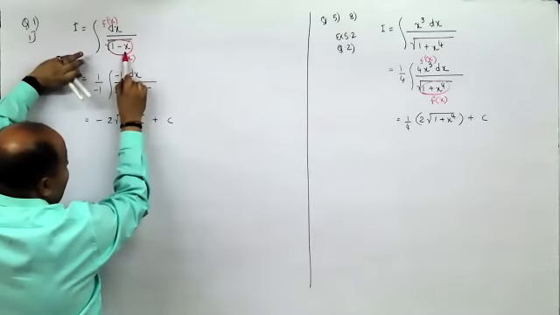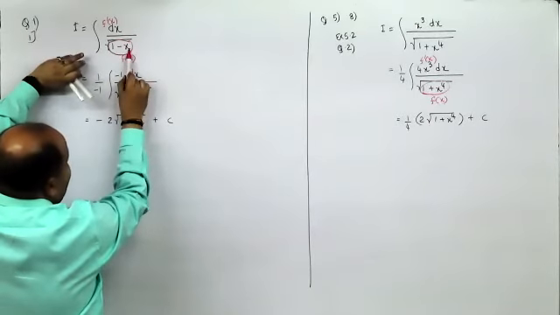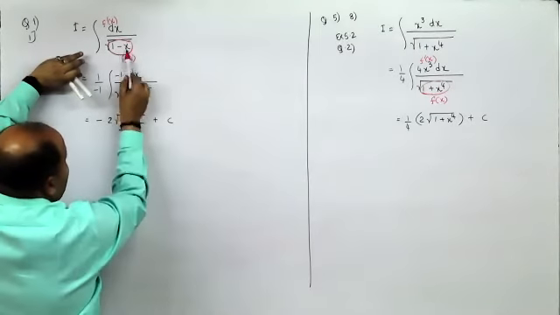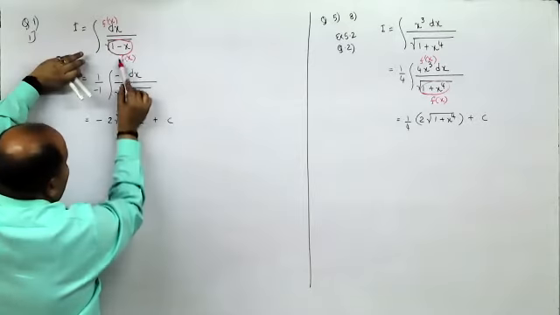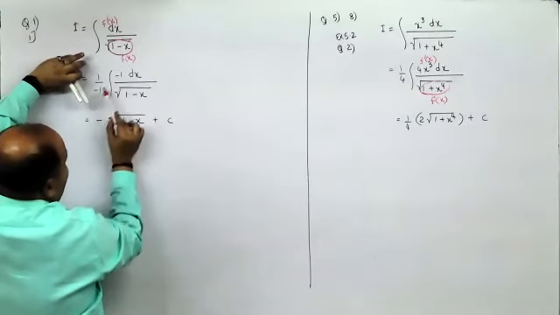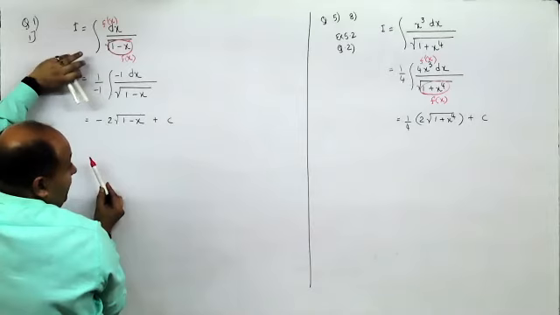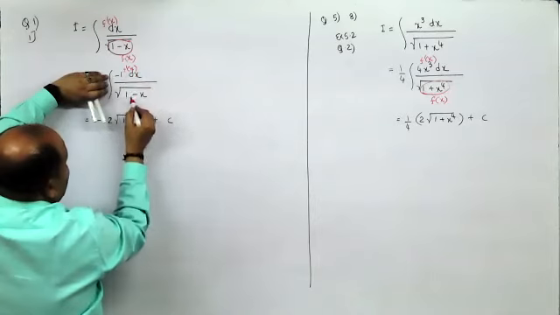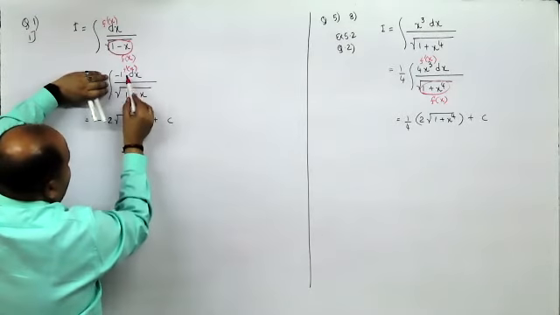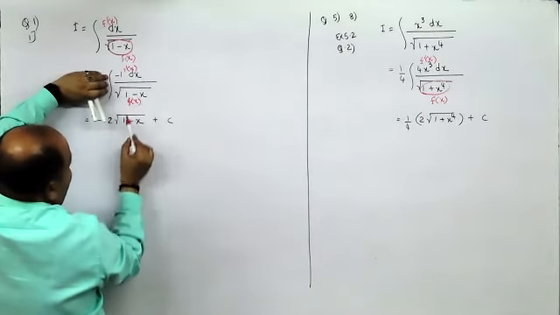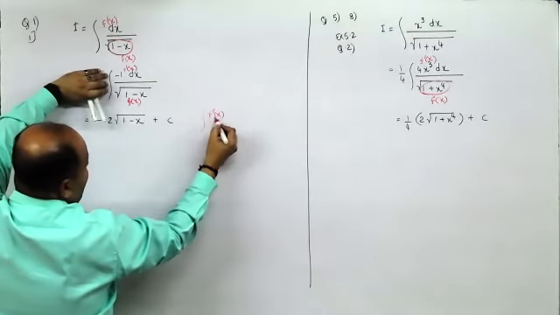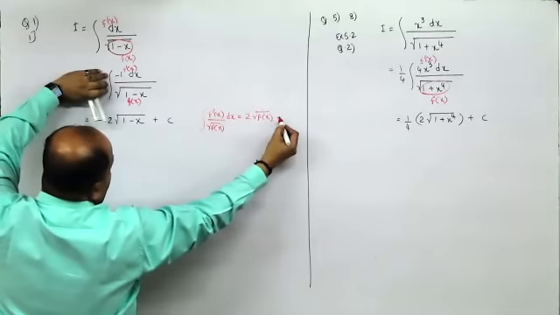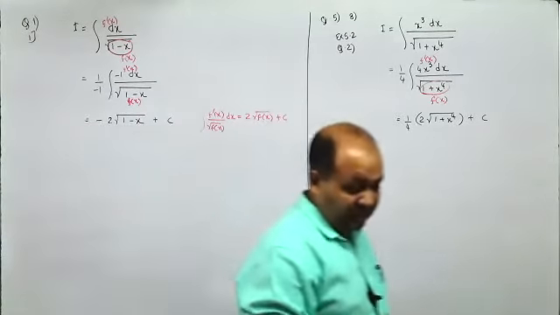Highest power is 1. Now, what is the derivative of 1 minus x? Minus 1. Followed? Yes. The derivative of 1 minus x is minus 1. So what I have done is, I have multiplied and divided with minus 1. Followed? Yes. Now, this becomes the derivative of this term. And if this is the derivative of this term, it is 2 times the denominator. The formula is f dash x upon root f of x, which would be twice the denominator. Followed? Okay, sir.